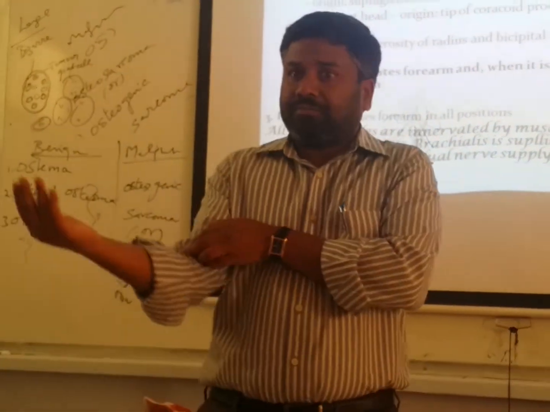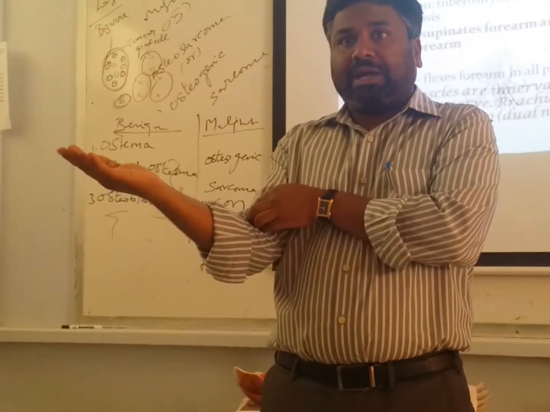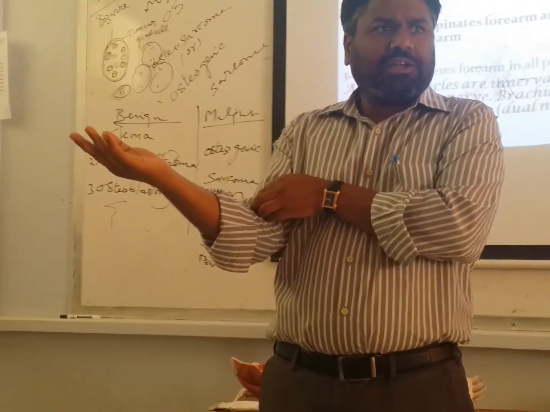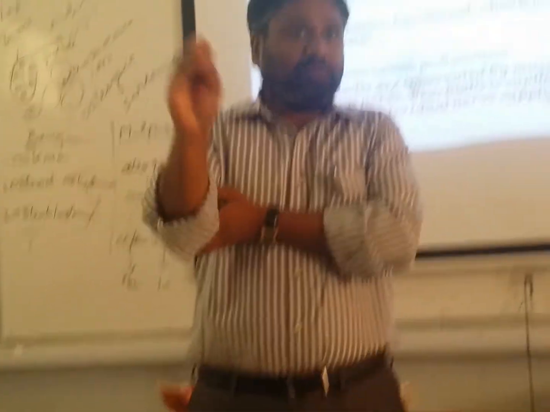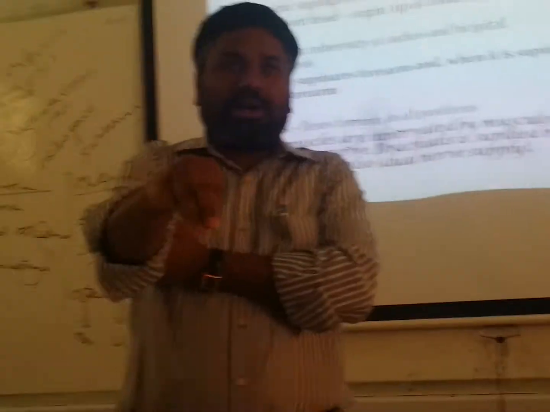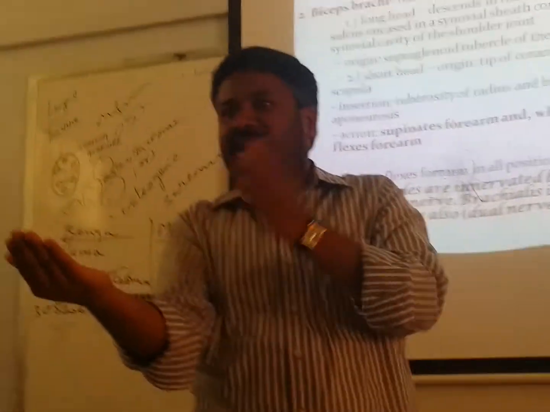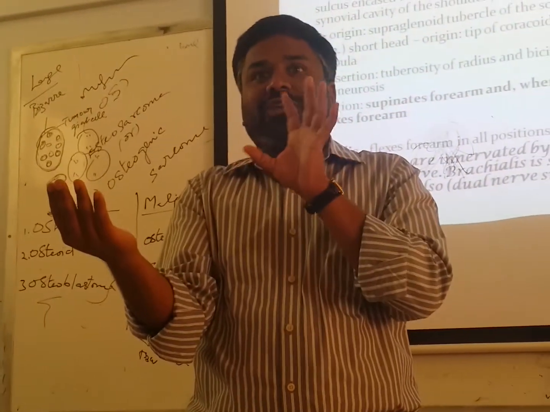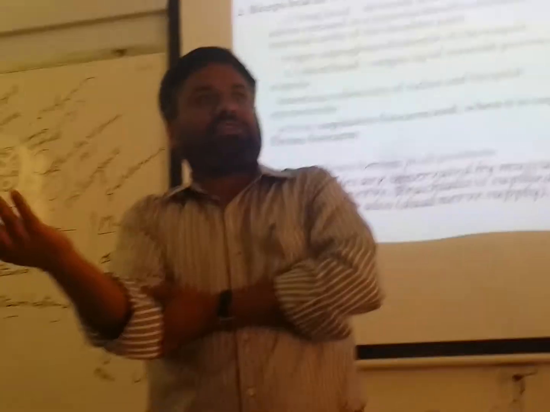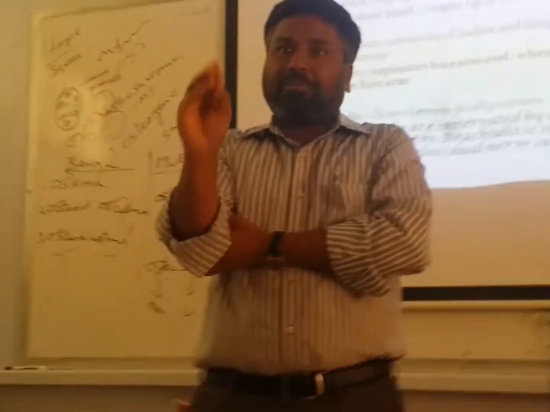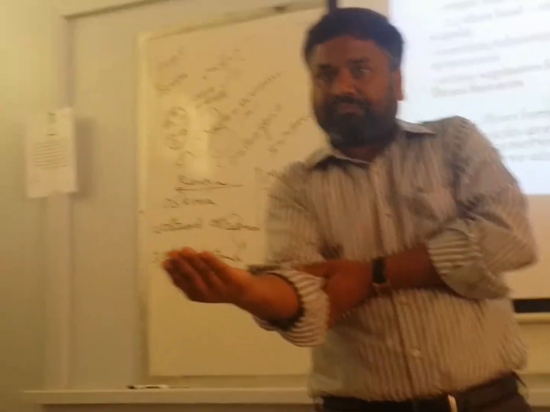So what is supination? This is pronation. This is supination. You can remember it by a mnemonic. What is that? I guess I told you. King pronates. The king always gives, so he always pronates, whereas the beggar supinates. The king pronates, beggar supinates. You can remember like this, because pronation and supination are confusing actions. Sometimes you confuse pronation as supination and supination as pronation. If you remember this, king pronates, beggar supinates. So this is the supination.